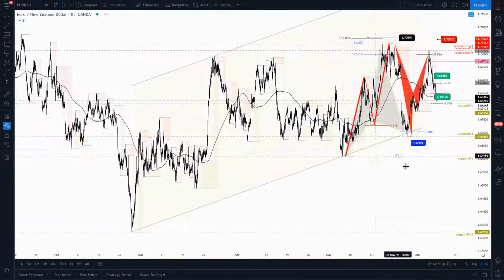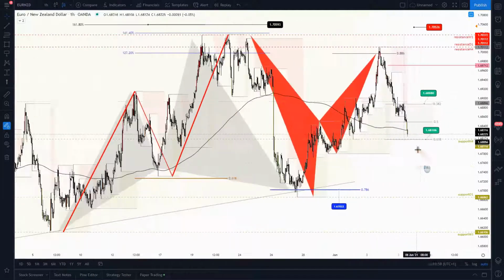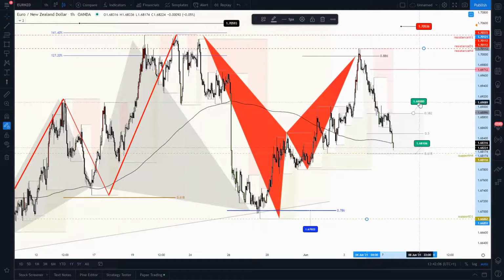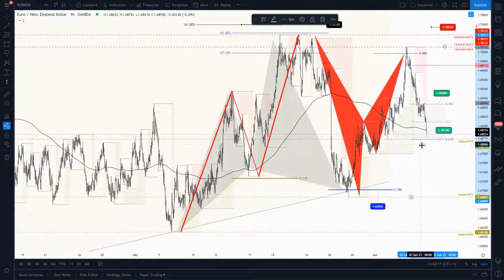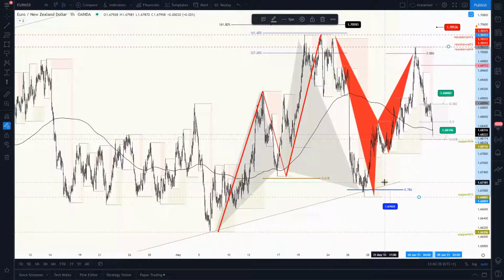Euro versus the New Zealand. This one, we took this short from these highs at 169.71, expecting at least a 38% Fibonacci to be reached at 168.88. So this was our short, and we are already approaching the golden Fibonacci retracement level. So for our second target, we will start to trail this position from this price zone. Let's see how it will develop, but as you can see, very productive, the euro versus the New Zealand, forming